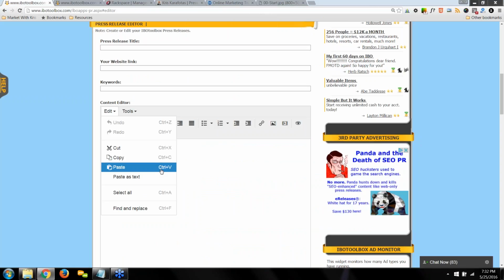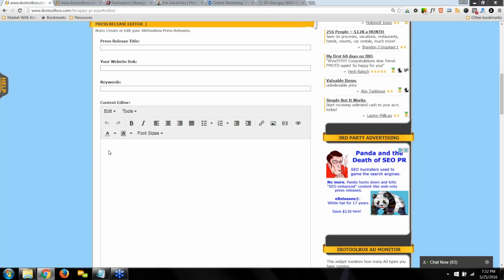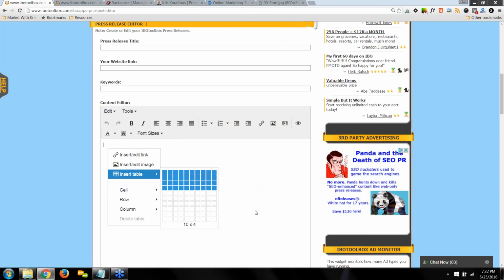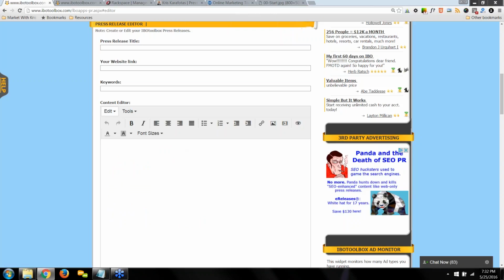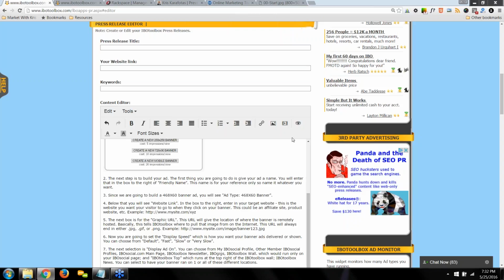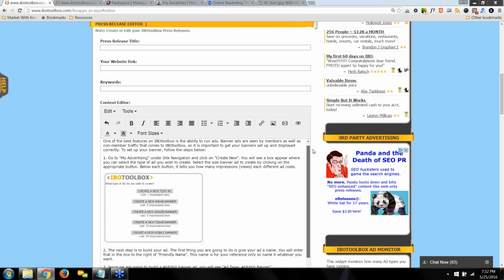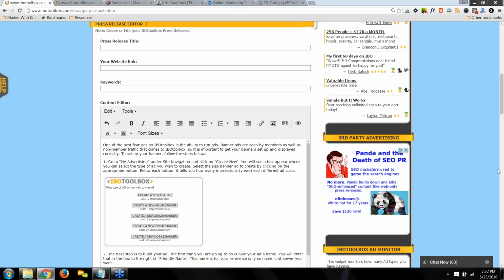You actually have to do Control V, okay? Because if I do right click and paste, it won't do it. If I do right click and try to paste, this is what I get, and that's not what I want. So I have to do Control V. Okay, so I put my cursor in there, Control V, and there it is. There's nothing to fix, okay? Hopefully you understand what I'm talking about.